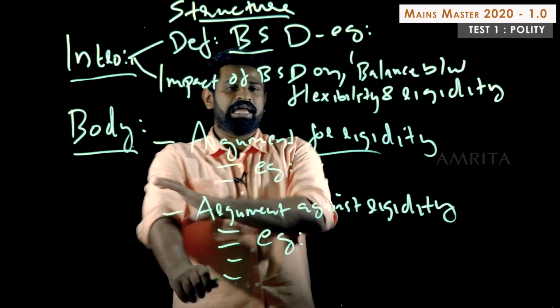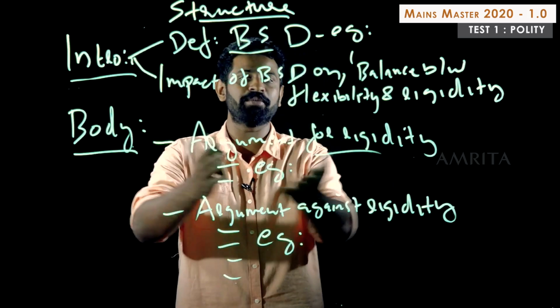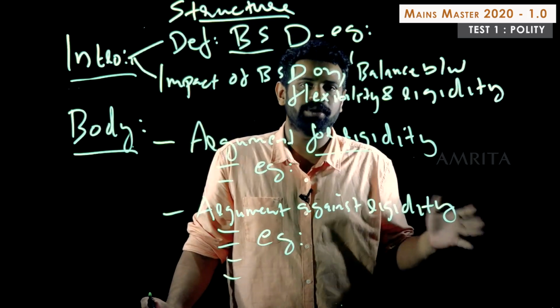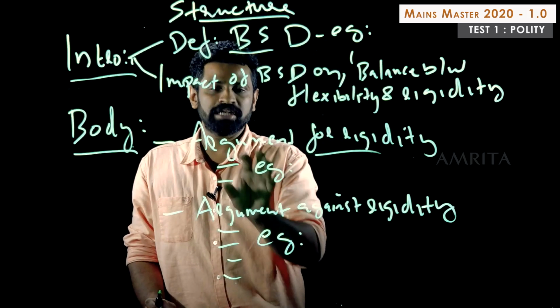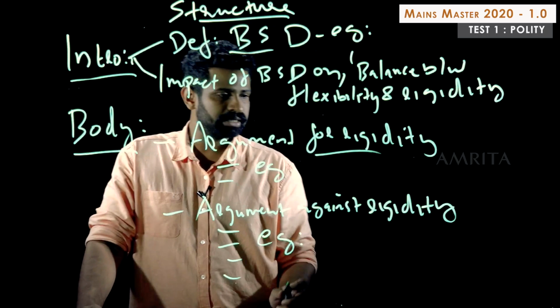So if it's an academic literature in EPW or something, they could bring about n number of points for rigidity and things like that. But that's not our idea here, right? We are going for a balanced approach. So we consciously put 2 points here and 4 points down below. Okay, so we make that case.